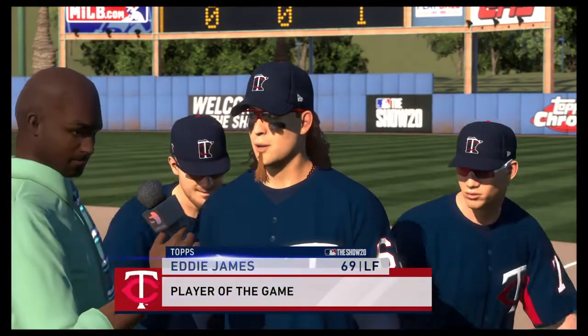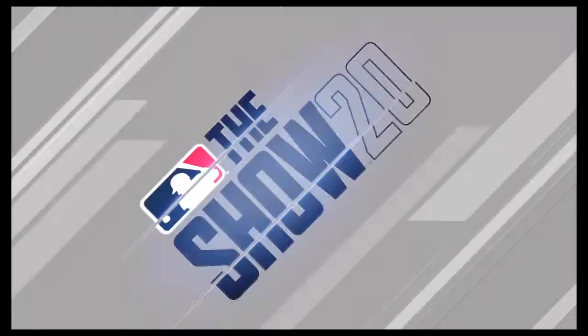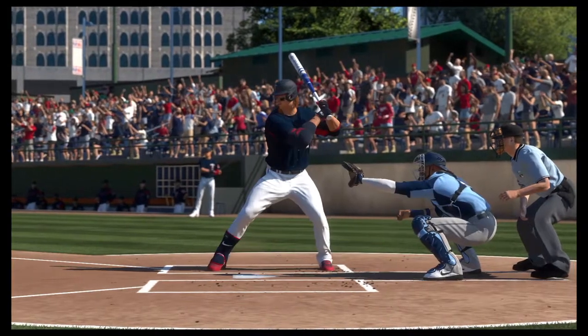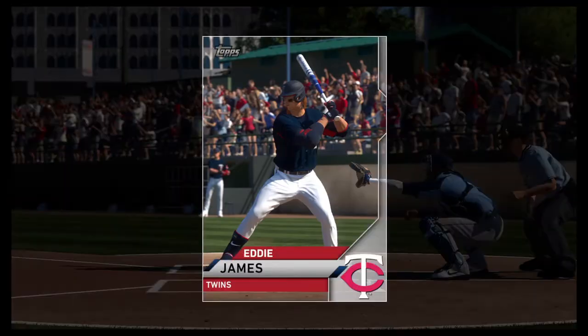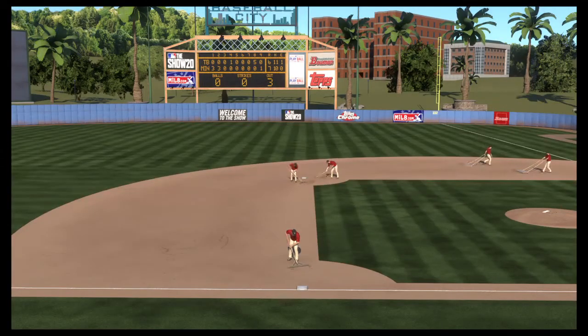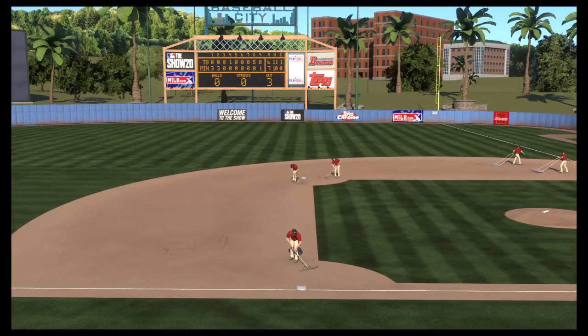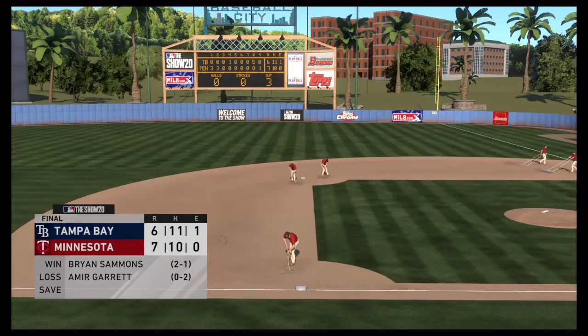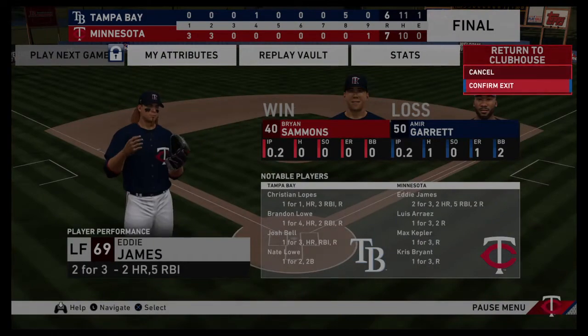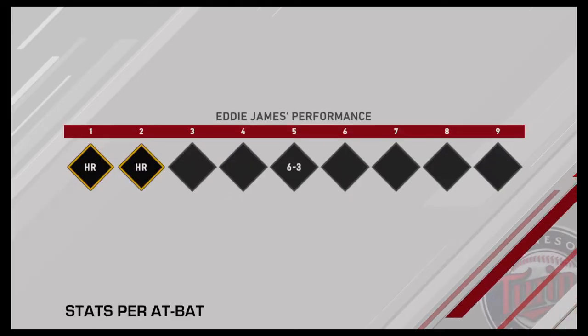Well, the lineup was clicking for him in this contest, and the man you see there was a major contributor. For that, he's the top player of the game. He was one of a few guys that really swung the bat well in this game with a pair of base hits. He helped propel his team to a hard-fought win. And this afternoon's closes at a one-run game, 7-6 today. The Minnesota Twins came through when it mattered in the ninth on the way to the